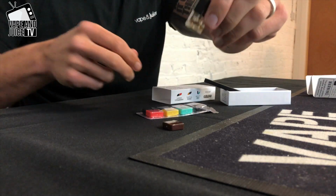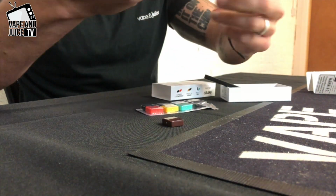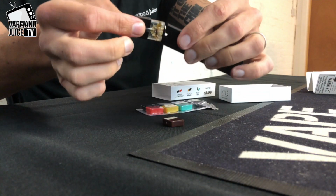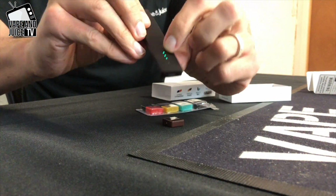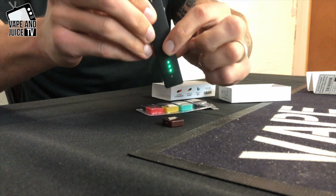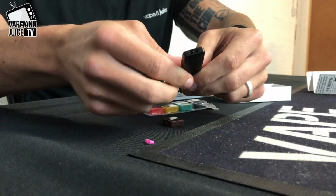So let me show you the camera. You can see there, it's absolutely nailed. And, well, it's to show you how it works really. So you click it into place, like so, and you'll see 3 lights come on the screen, and those indicate the level of battery. Actually there's 4 lights, and you can see the battery's been drained a little bit where I've been using it. You ping this off, and you just